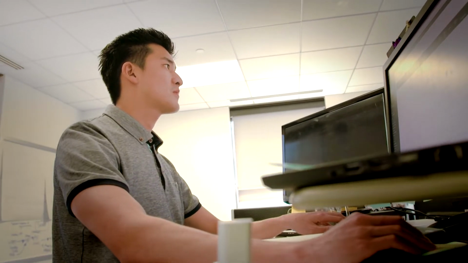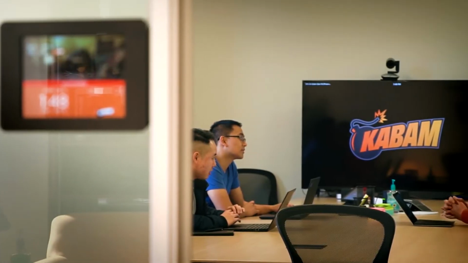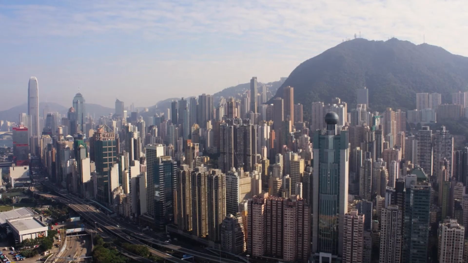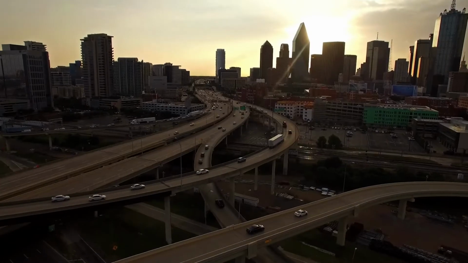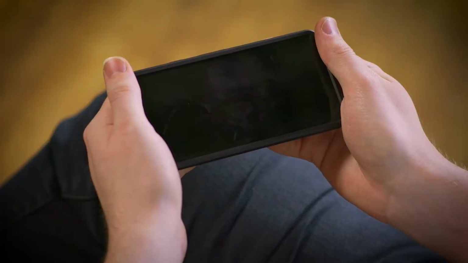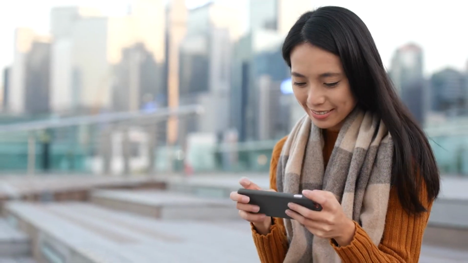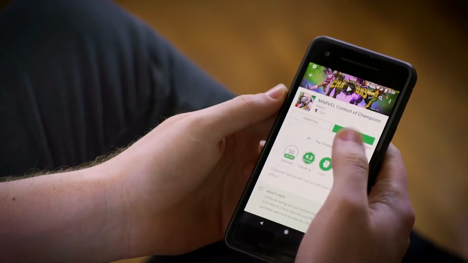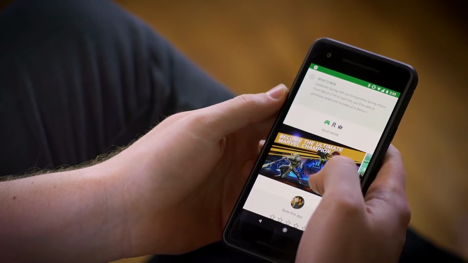We really didn't have the resources to process and analyze millions of data points to find our target gamer. From Hong Kong to Dallas, each player has their own unique gamer profile. At the end of the day, we just want to reach more people in the world who are going to become regulars. We worked with the Google account team to create a bid strategy that would find the regulars who would want to play Contest of Champions.